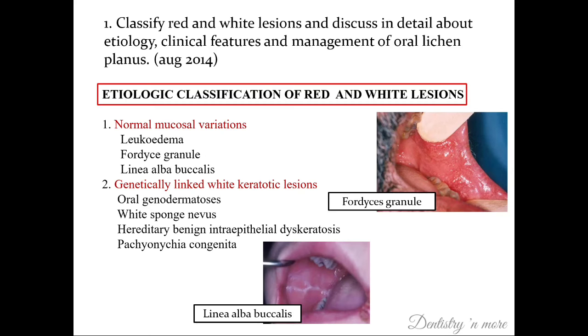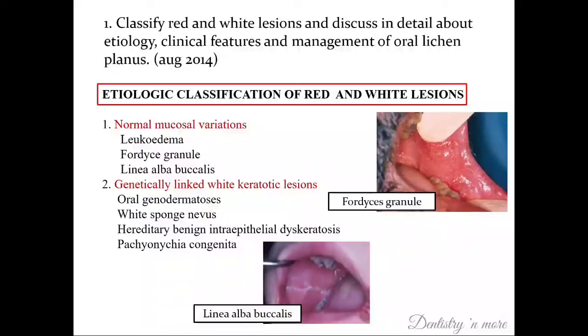The long essays that have been asked in this topic are the classification of red and white lesions, and also to discuss in detail the etiology, clinical features and management of oral lichen planus. So how to go about the classification of red and white lesions? It has been given in Burket's oral medicine textbook in the 12th, 11th, as also the previous editions. And also it's been given in Anil Ghom's textbook of oral medicine as well as in Ravikiran Ongole's